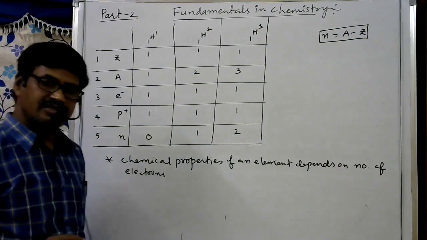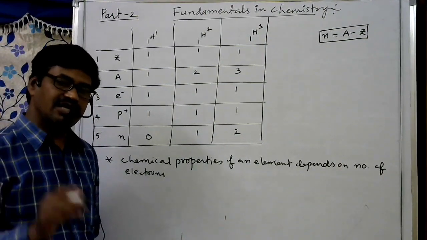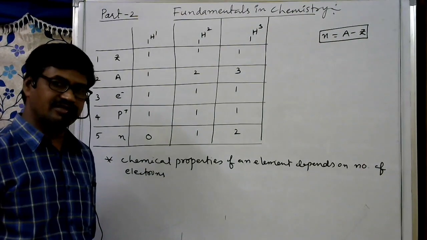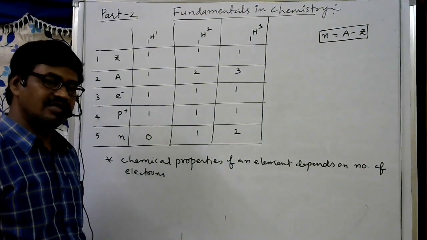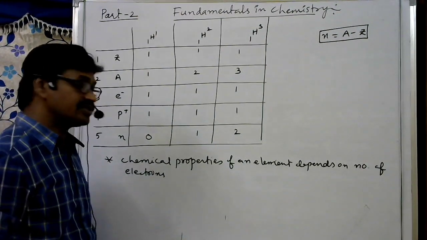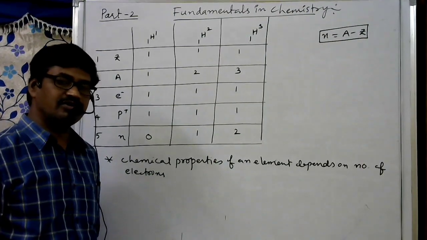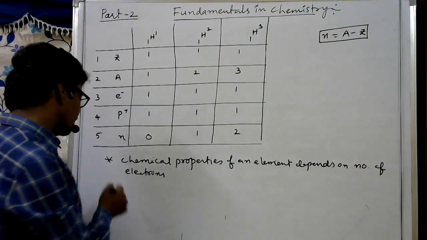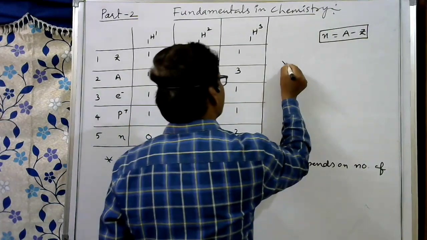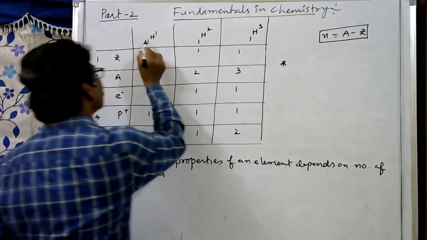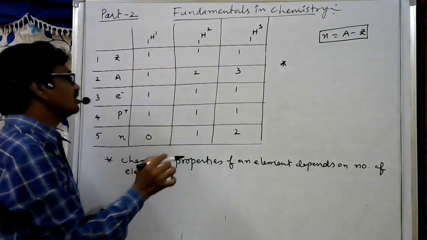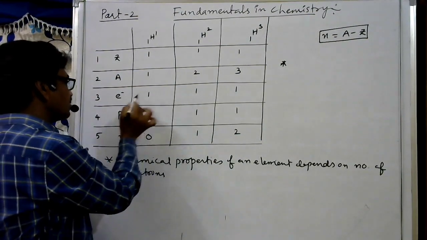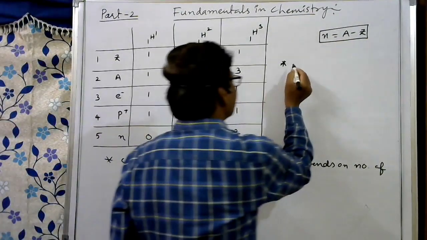If the number of electrons is the same in two different species, they will have similar chemical properties. And physical properties depend on their heaviness, their number of neutrons. Based on that, all these isotopes, 1H1, 1H2, 1H3, have the same number of electrons: 1, 1, 1. So all these have